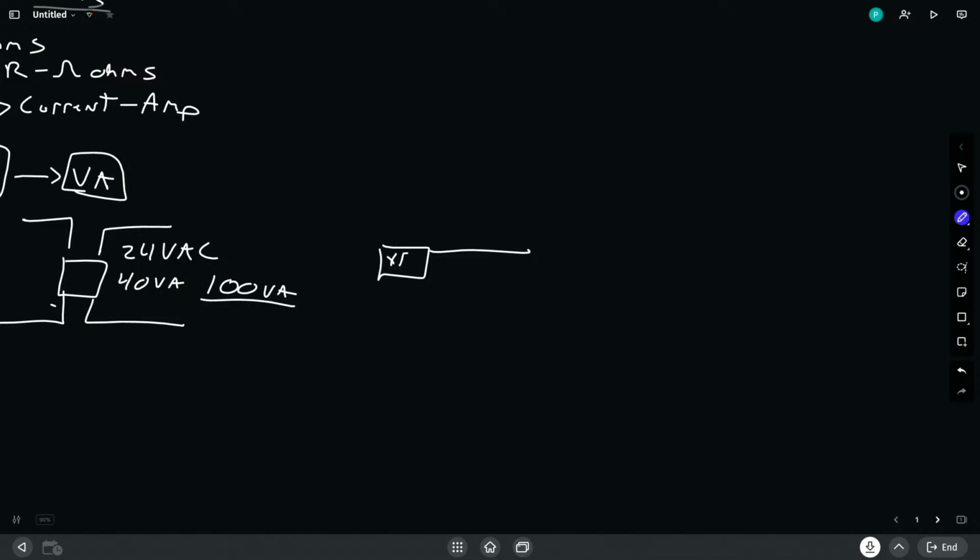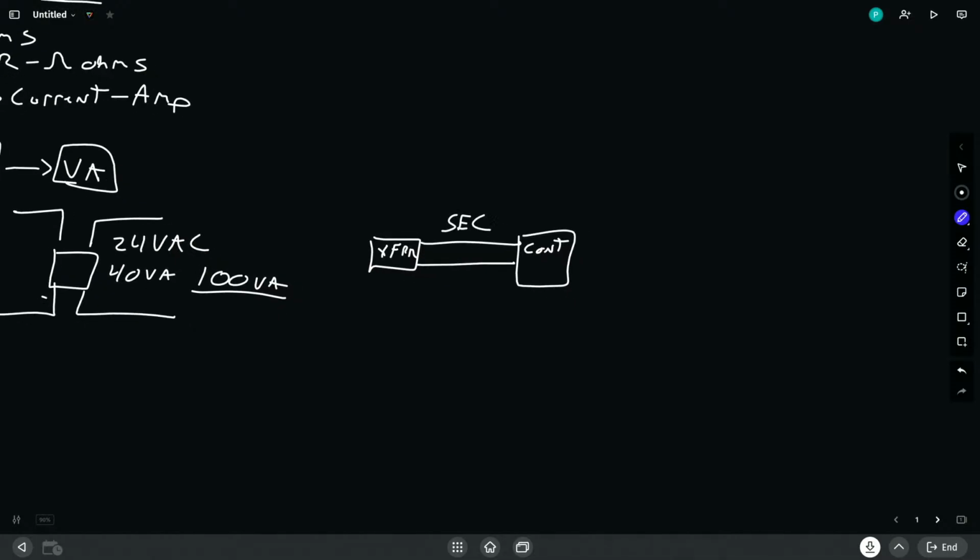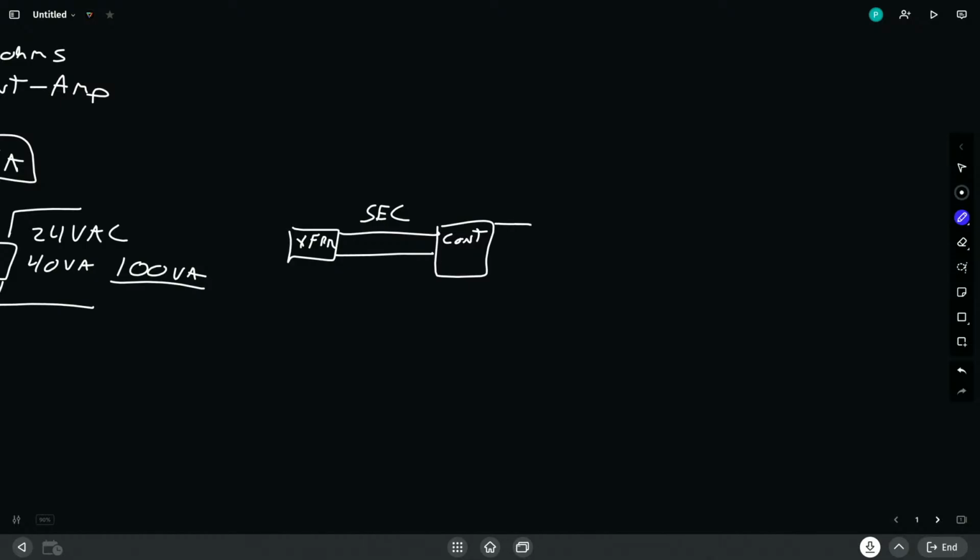So as this transformer feeds from the secondary side to this controller, this building automation controller, then this controller is going to have potentially internally sourced voltage. And this voltage is potentially used to drive devices.